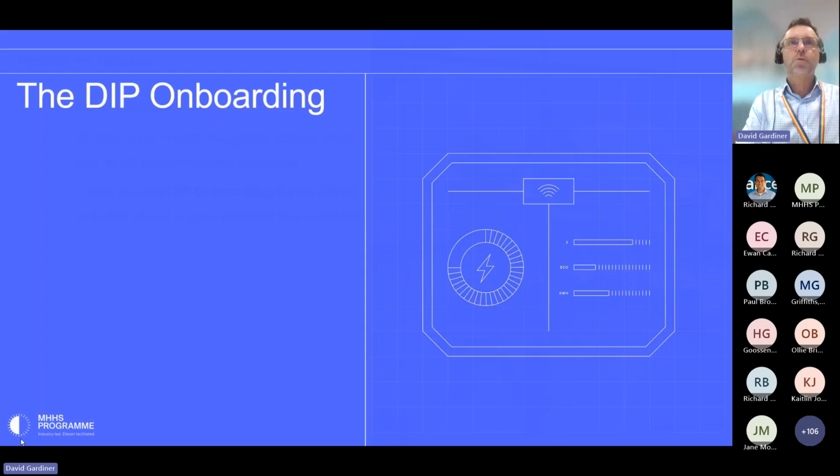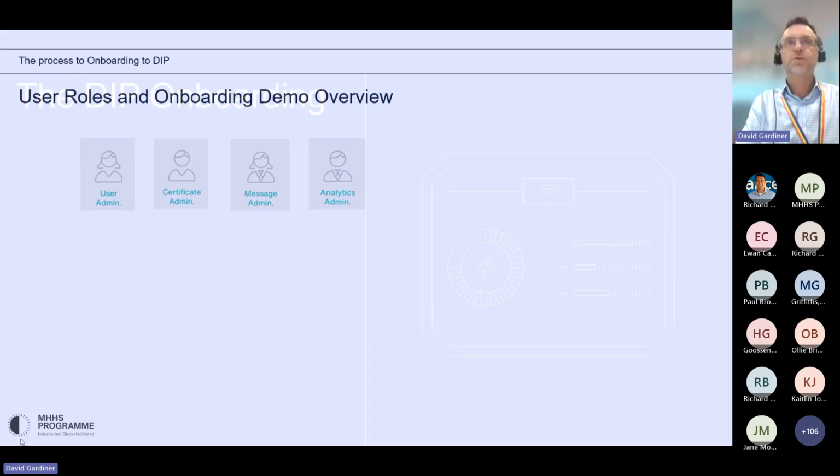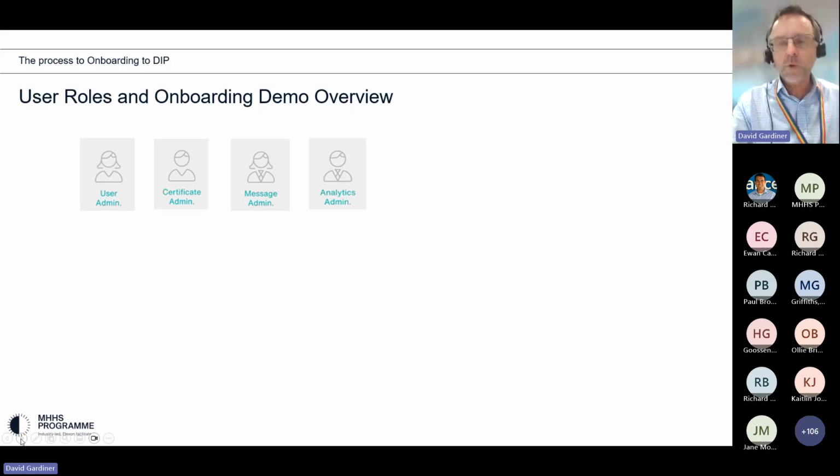Just before we actually get started with the demonstration, I'd like to introduce a couple of points. Number one, within the DIP, there are actually 4 user roles. These are the user admin, who's the main role. There's a certificate admin who, as it says, looks after the certificate management. There are 2 other roles that are not involved in the demonstration today, and they follow the onboarding, but we're not going to be touching on messaging or analytics, but there is a message admin and an analytics admin as